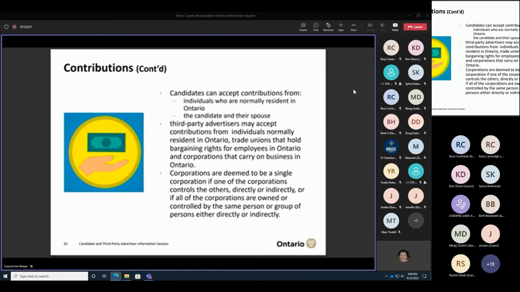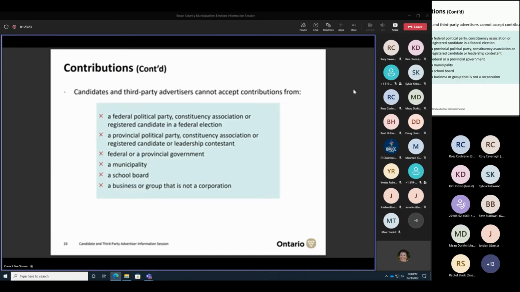Next slide, please. Contributions Part 3. Volunteers. We get asked this a lot, these next few bullets, so just keeping everyone aware. The value of services provided by volunteers is generally not considered to be a contribution. If a professional, such as an accountant or a lawyer, volunteers to provide services for which they would normally be paid, the market value of the service must be recorded as a contribution by the volunteer and is a campaign